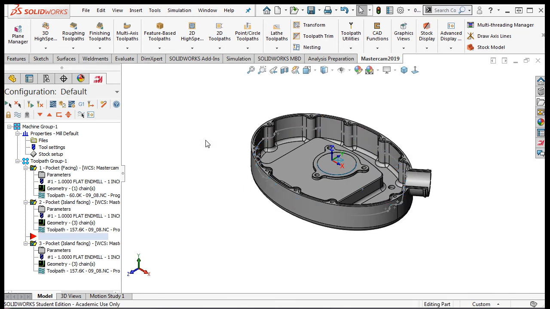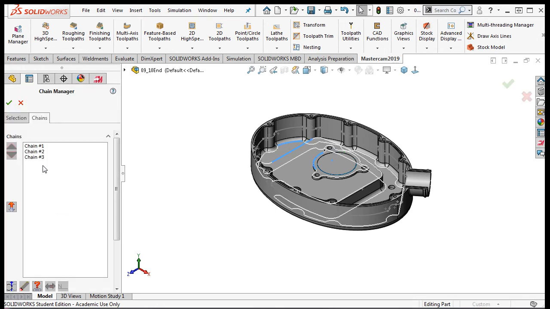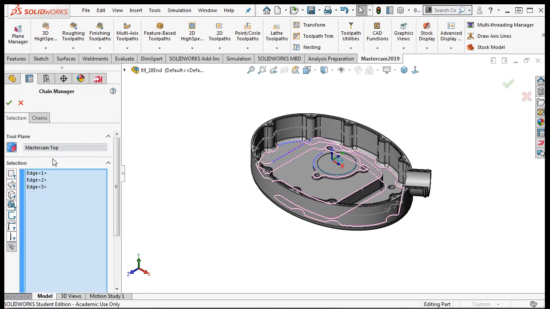I'll edit this first island facing pocket operation by selecting its geometry. I'll delete all selections. Chain the top of this island